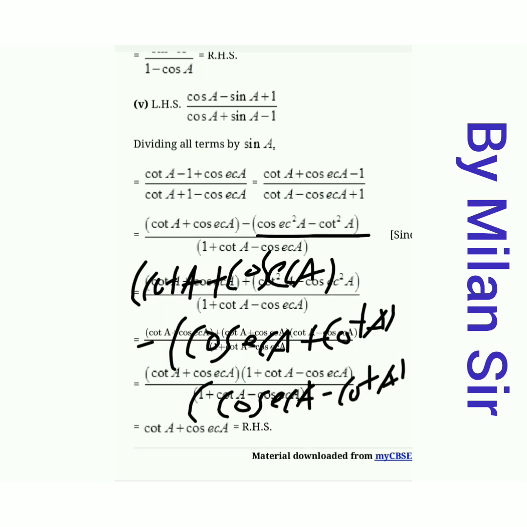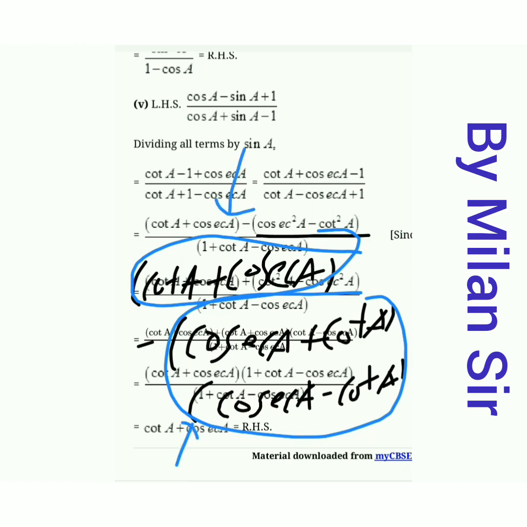Now here in total we have two terms, our first term and second term, because in these two brackets a multiplication process is there. Multiplication does not separate the terms. So if we write combined, this is our first term and this is our second term. In both these terms, one bracket is common, that is cot A plus cosec A, and here also cosec A plus cot A. Both are the same. So we can take it common. So just write down cosec A plus cot A.